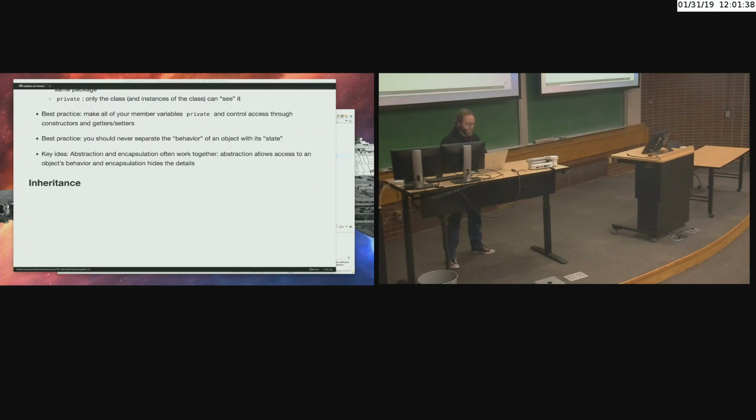Okay. All right. Inheritance allows the extension of an object's behavior usually through subclassing. Right? Basically, in Java, you use the extends keyword to create a subclass. Right? The subclass inherits all the behavior, all the state and behavior of its, well, if we call one subclass,